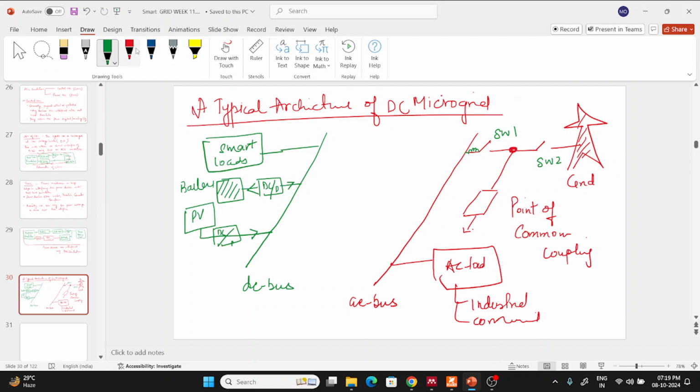Let's say I would redraw it. This is connected to this and then a capacitor here. Okay,